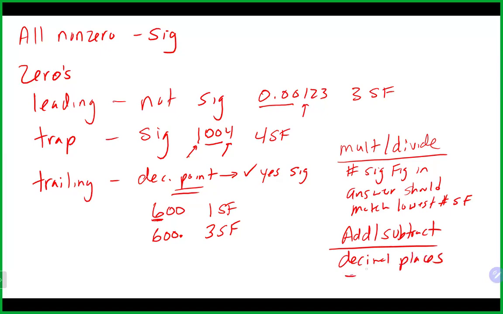And it's also the smallest, and your answer should have the same number of decimal places as the one with the smallest. Remember, that's not always the same as the number of significant figures. So if you're doing some combination thereof of a problem,